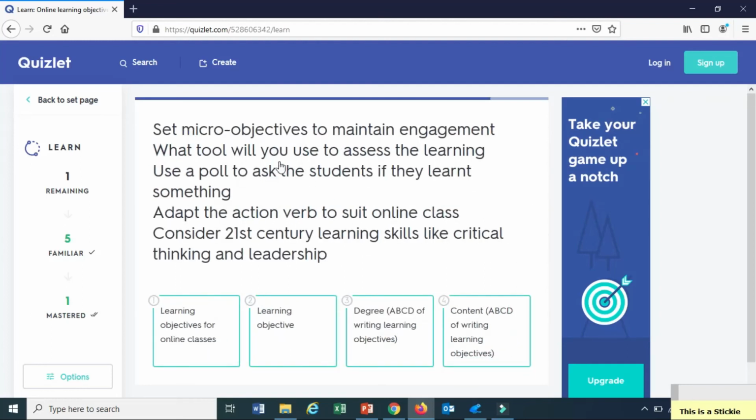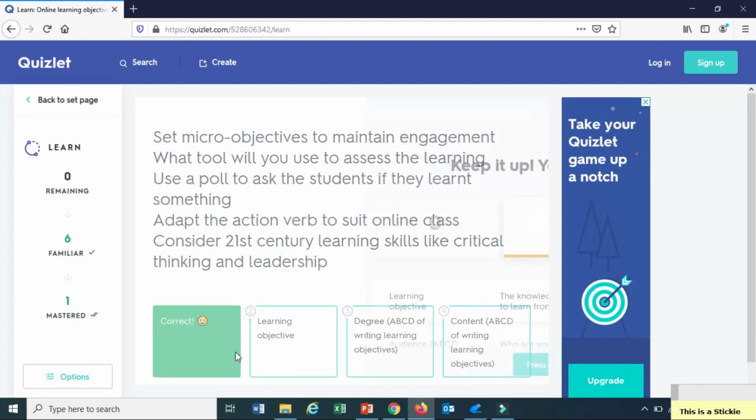Setting micro-objectives. This is for online classes. So these were the advice I gave for setting objectives for online classes. Okay,